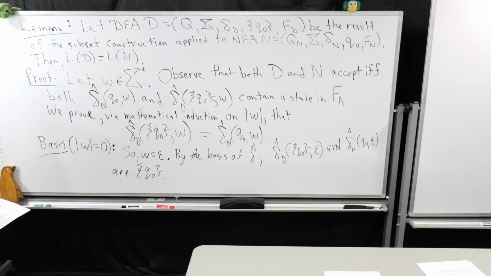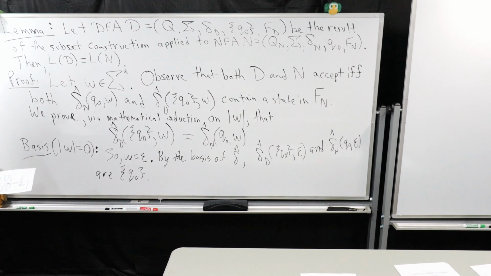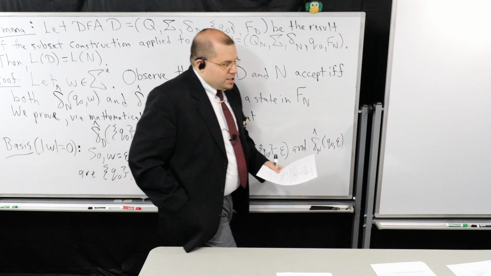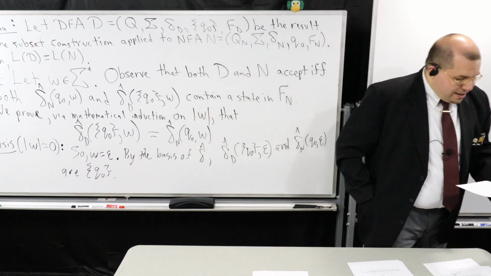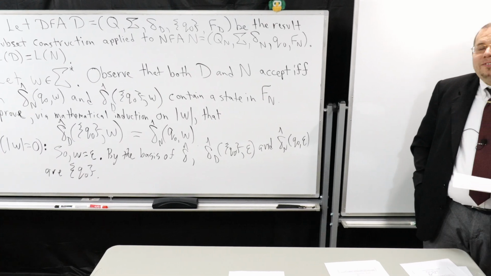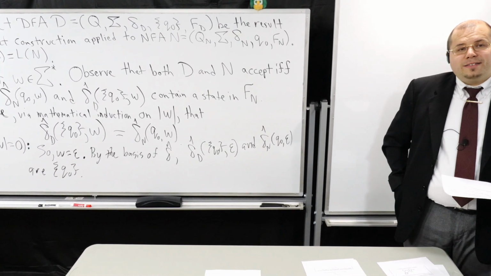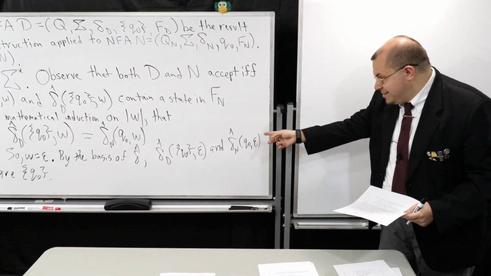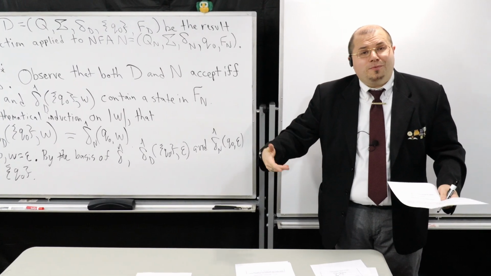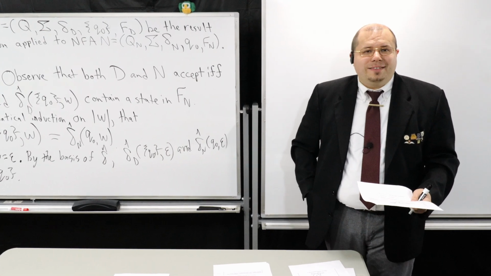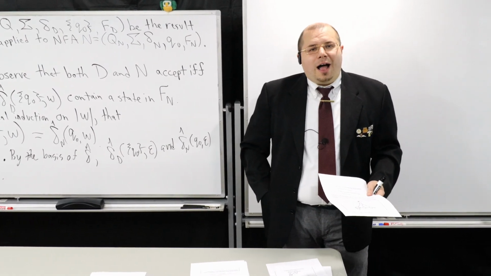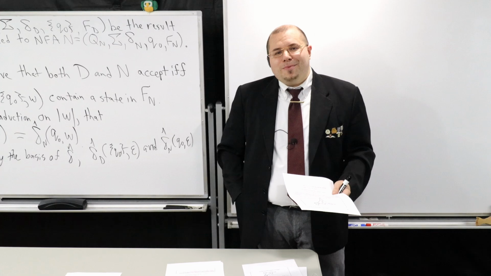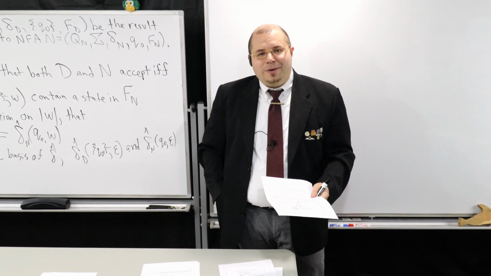So if that's the case, I'm going to proceed to the induction step. So let me do that. This is where we're going to start pulling out definitions from the transition functions. Both delta, the extended transition function, because remember that's part of what we're trying to prove, and also the transition function. So I want you to try to remember what those looked like when we did this.